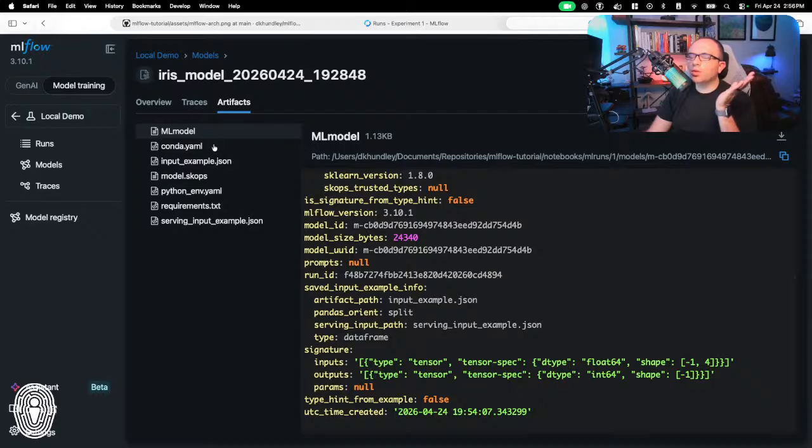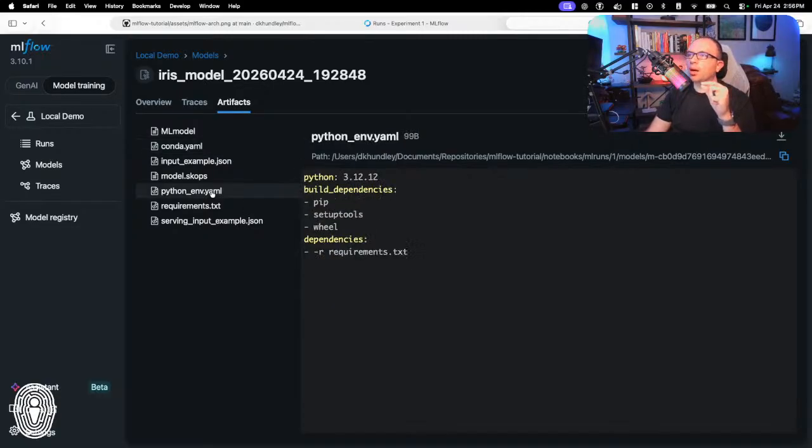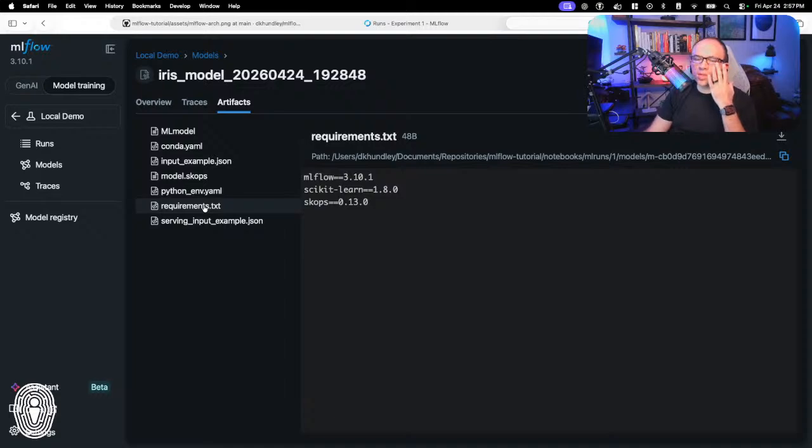Then we have a couple of other files here. So this is the Conda YAML file. We talked a little bit about Conda Forge already, and it is inferring here the different pip installs and so on that you would need to run this model. I'm going to jump down to PyEnv here, because it's the same idea, where the Conda YAML and the Python version file are working in tandem to know what specific Python dependencies we need. Same with the requirements.txt file. It's also logged in here.